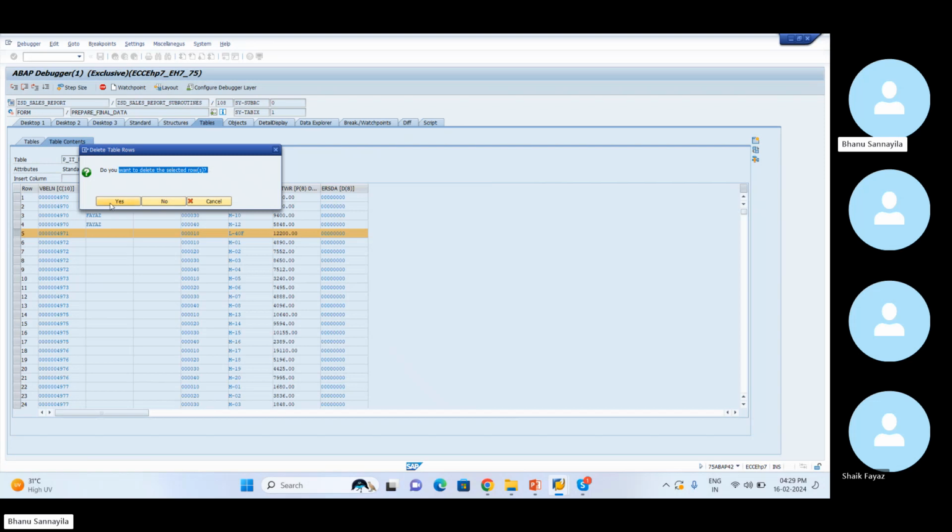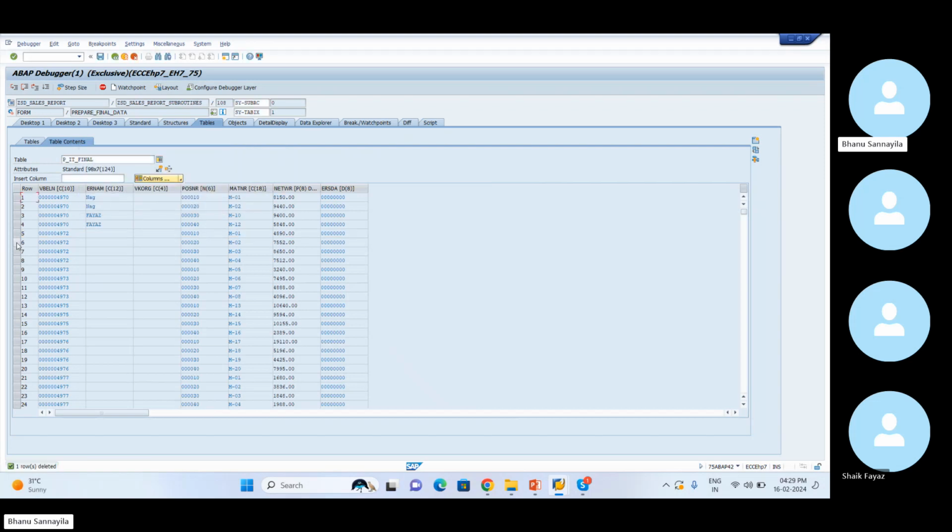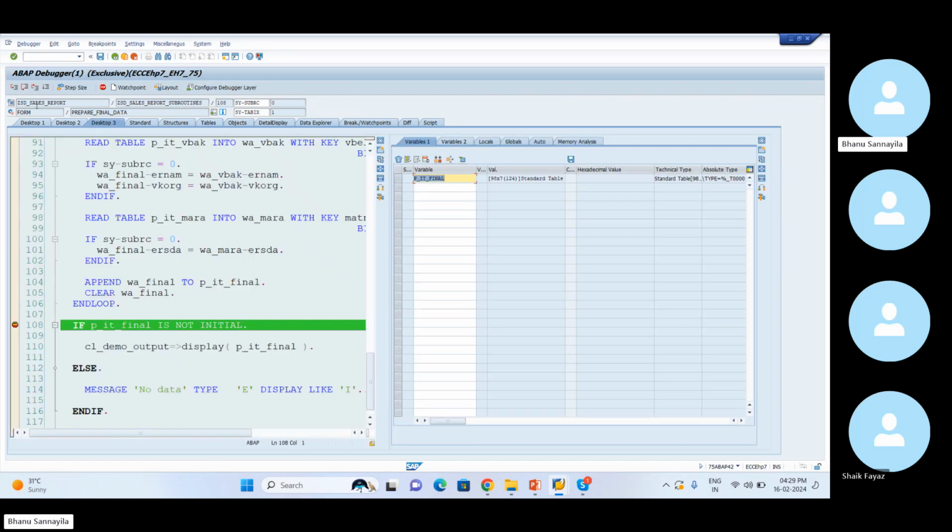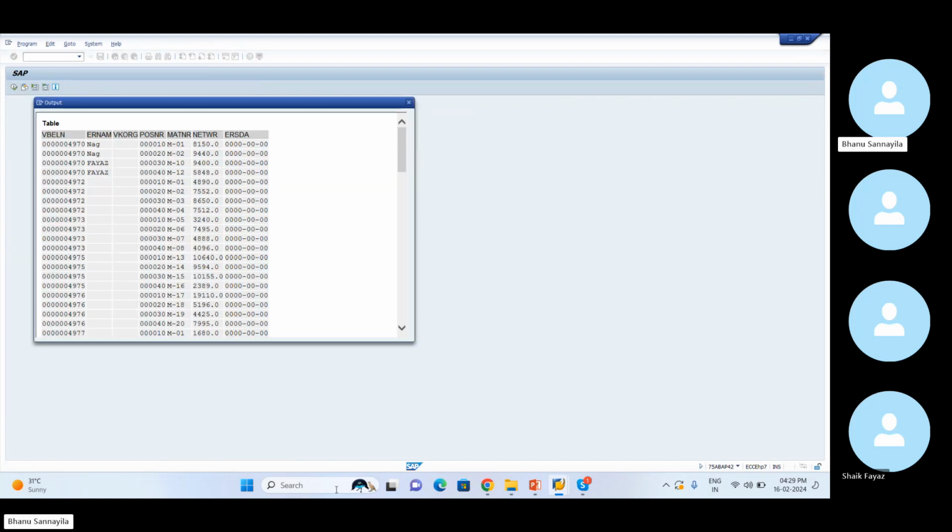So you want to delete the selected row? Yes, please. Even you can select multiple records also. That's totally your choice. Now let me click on desktop 3 again. Let me click on F8. Let's see what happens. See, this value for the first 4970 record, sales order number, we got the values, and